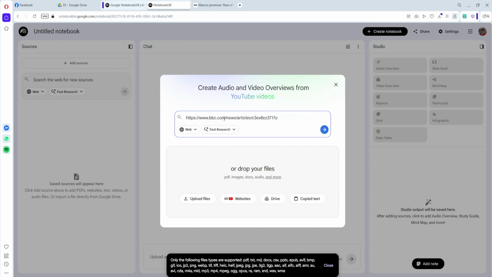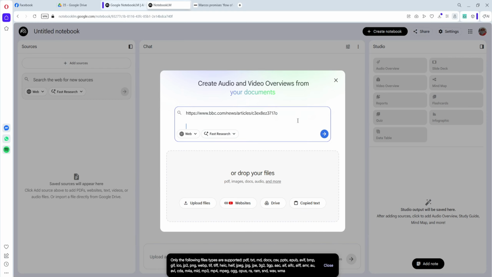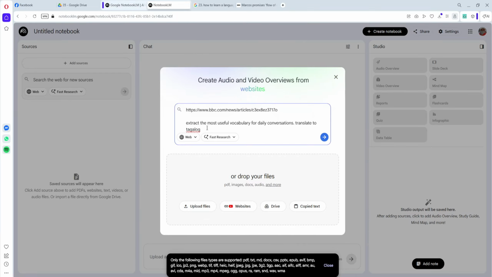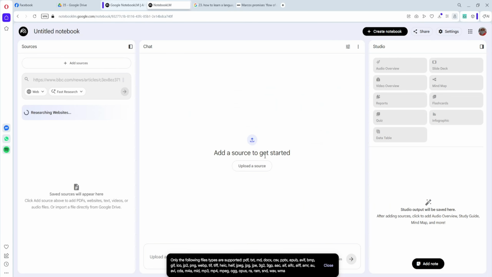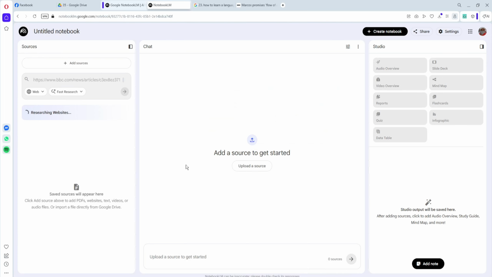So I'm going to paste this onto the chat bar right here. And then I'm going to use something like, extract the most useful vocabulary for daily conversation. So in that way, we'll be able to see vocabularies that will help us in conversations. And of course, you can then add something like, translate to Tagalog. But if you're already learning English, you could just leave this at default. So in my case, I'm just going to hit the send button and then it will simply do our